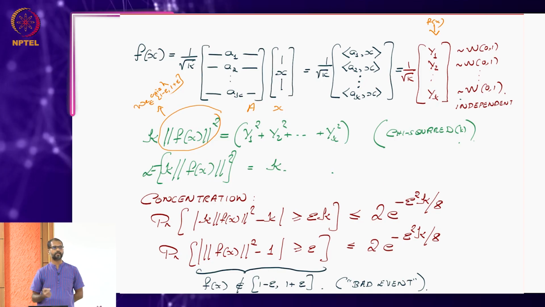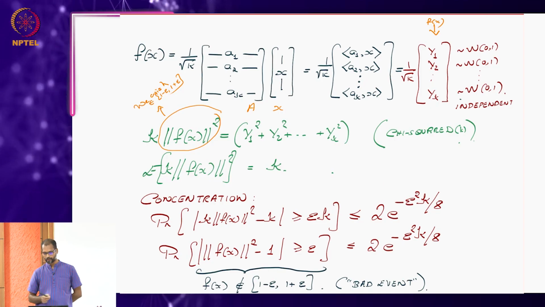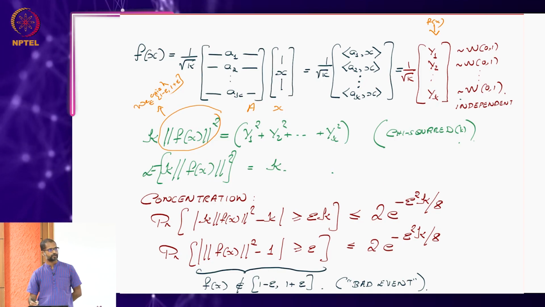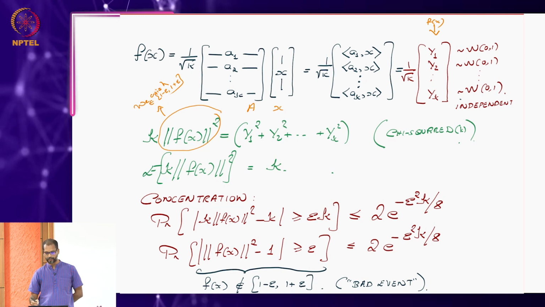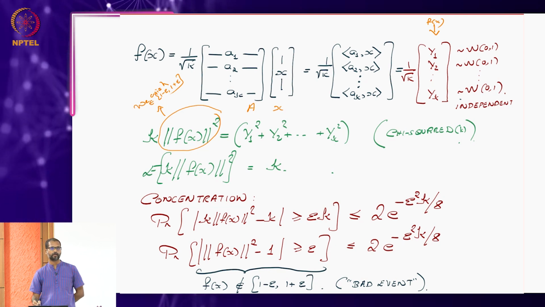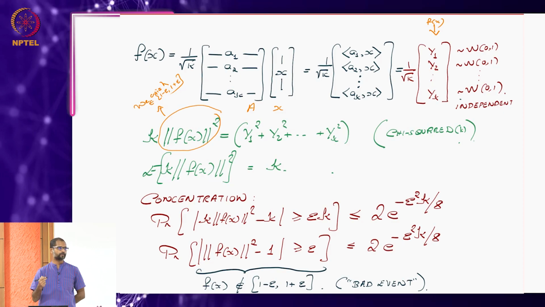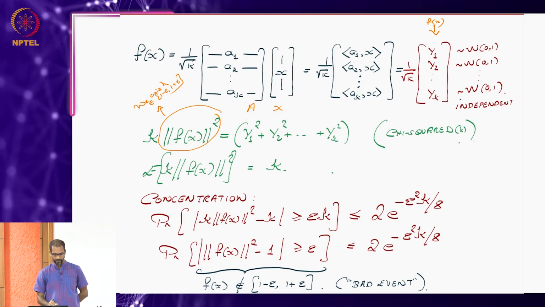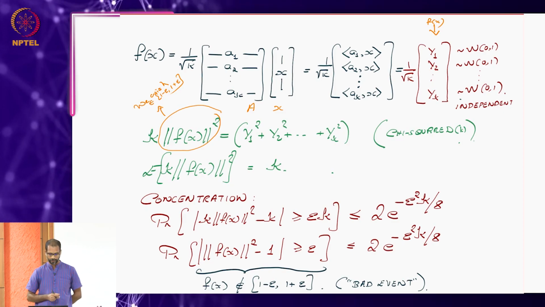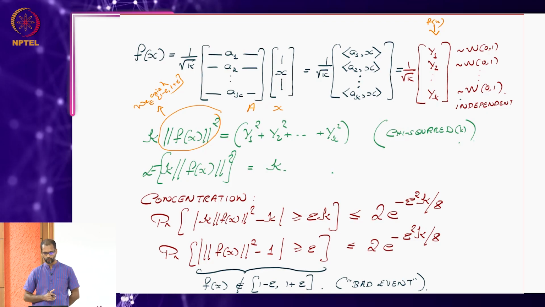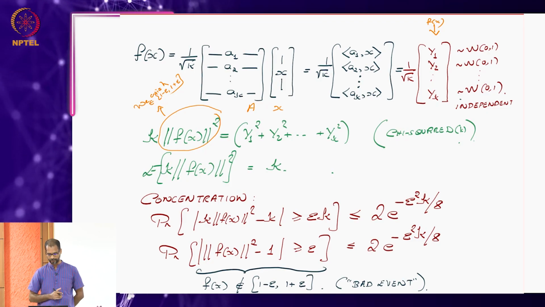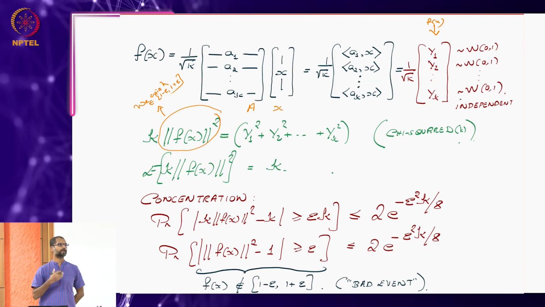If you want to find the norm squared of this vector, it will be y1 squared plus y2 squared plus etc. yk squared, and because there is a 1 by root k scaling, the norm squared will have that 1 by k. All I have done is that I have taken the k to the left side, okay. So, that the right side is now y1 squared plus y2 squared plus yk squared, and we already know what